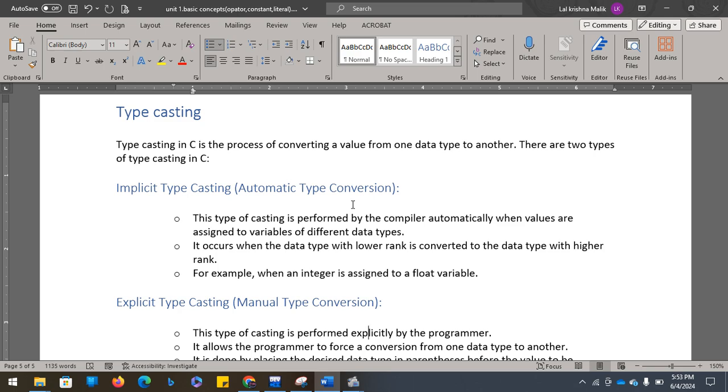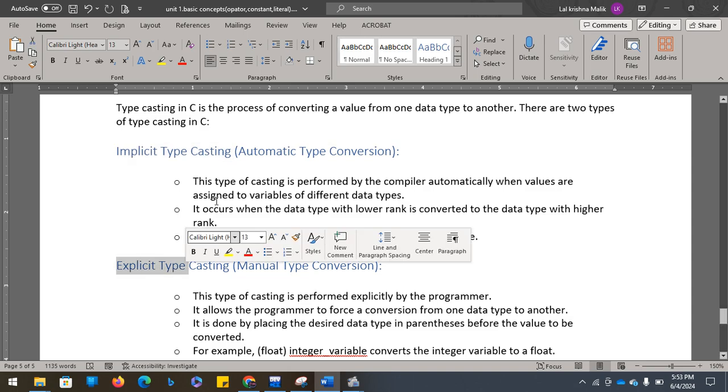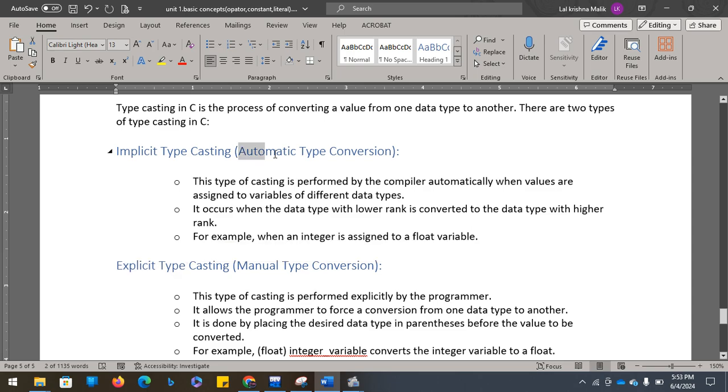Next, what are the types of typecasting? There are two types. First is implicit and next is explicit. Implicit is also called automatic type conversion, which means the computer converts the data itself. After some time I'll give you an example. And in explicit, what happens,